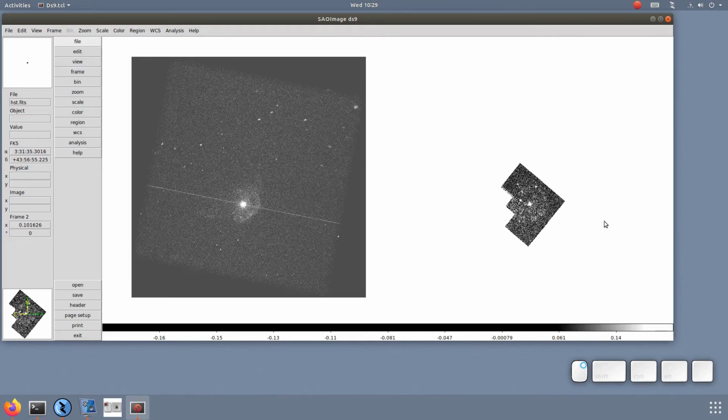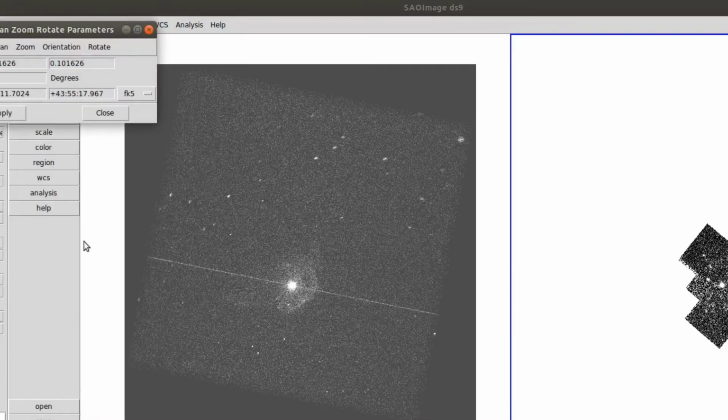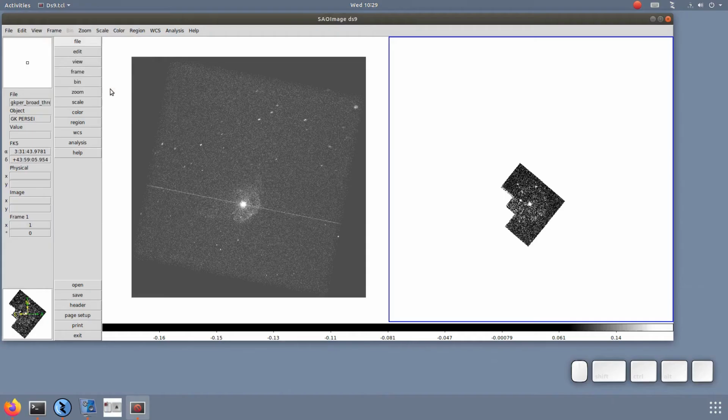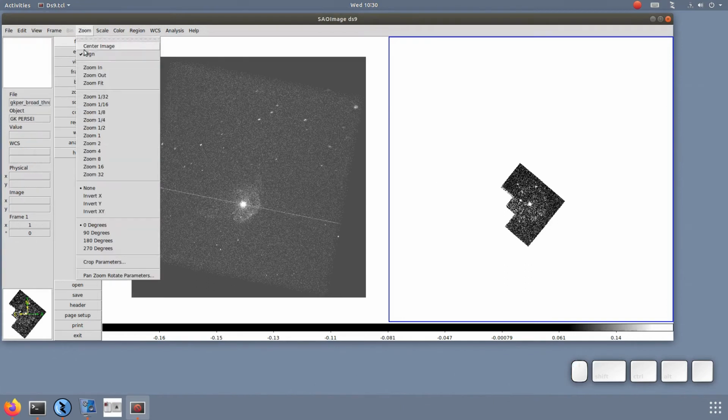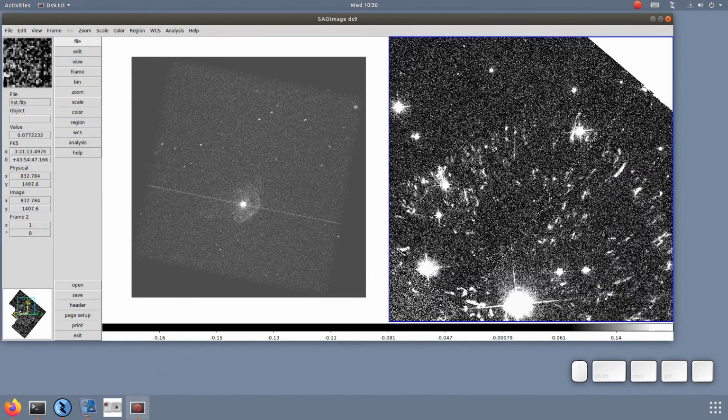What you'll notice here is that the HST image has lost some information because it's been zoomed in. It's basically been zoomed in by almost a factor of 10. The way DS9 zooms is that it samples every 10th row, so a lot of the individual pixel values from the unzoomed image have just been lost. So a lot of this structure that you see here doesn't show up in the